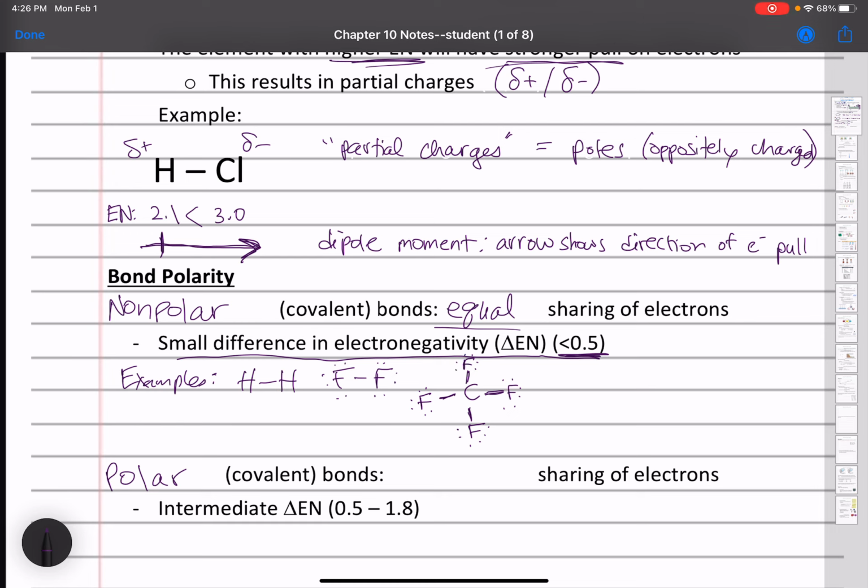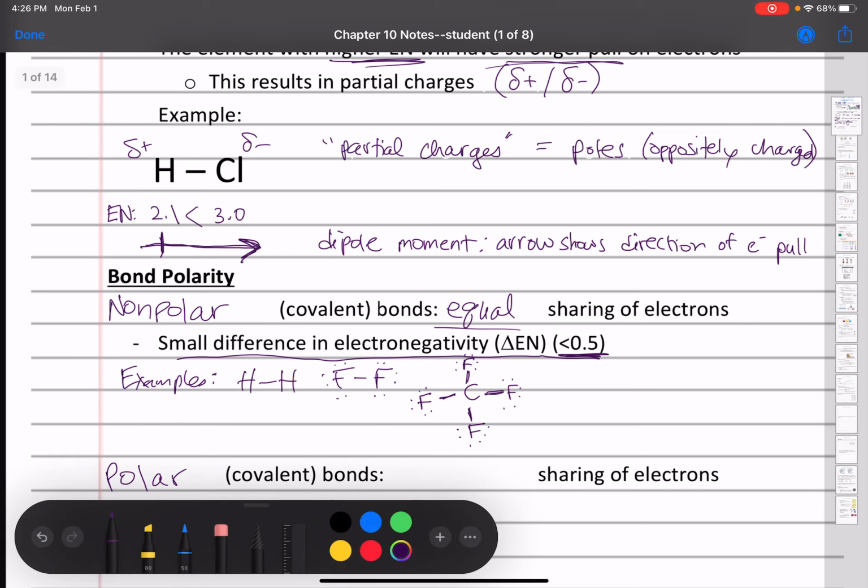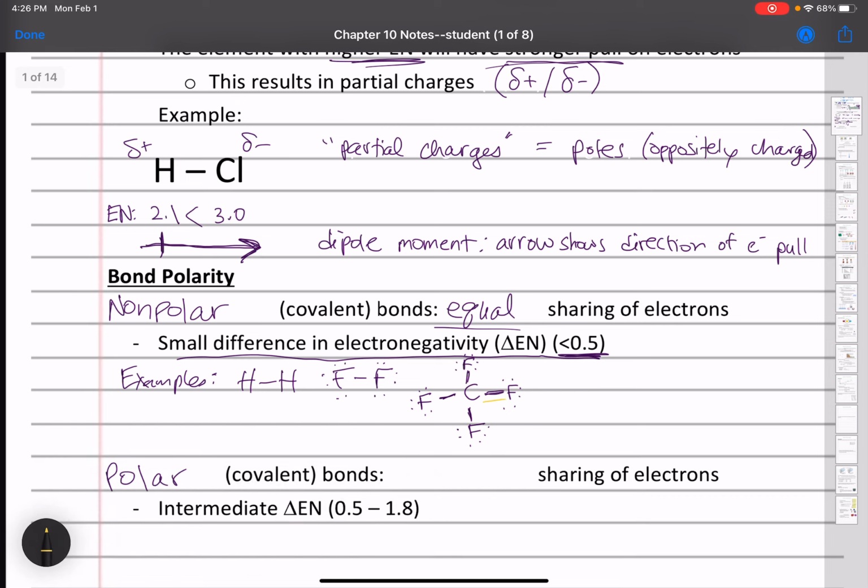All right, so while these bonds themselves are polar, fluorine is an electron hog. It's going to pull electrons away from that carbon. Okay, I'm just going to draw all these dipole moments. But notice that all the dipole moments are going in equal strengths and opposite directions, so they essentially